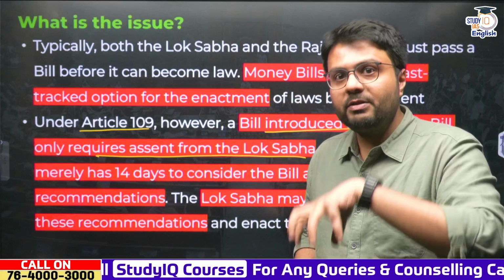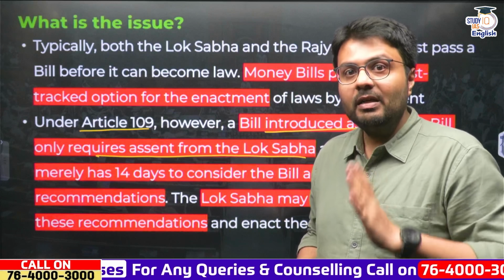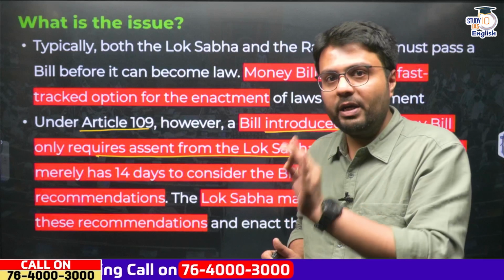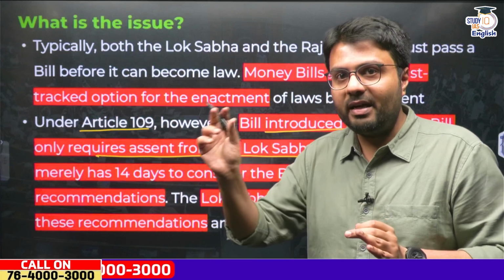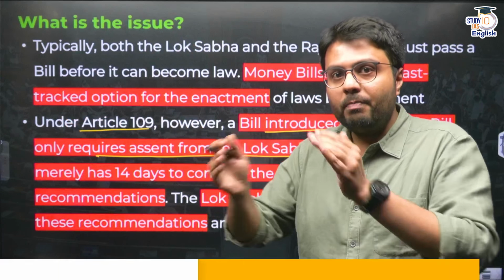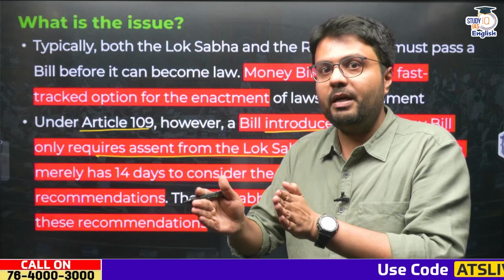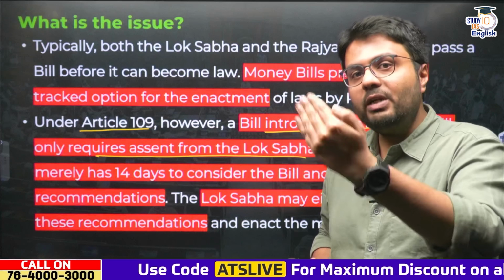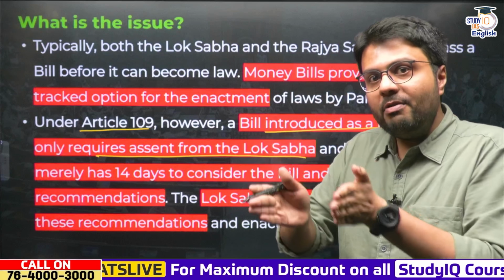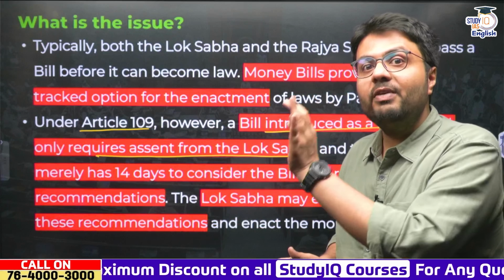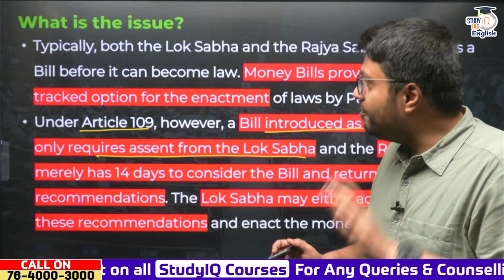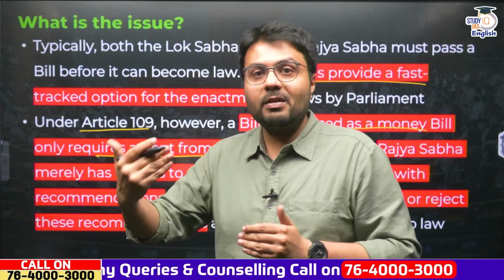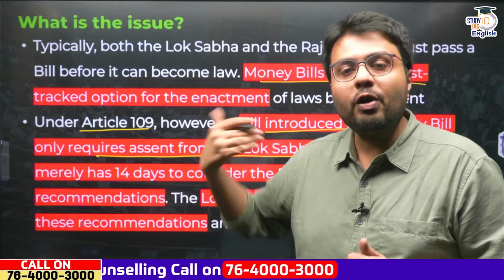So when a bill is presented to Rajya Sabha for their assent as far as money bill is concerned, what Rajya Sabha can do is that it can take a maximum of 14 days, and it can suggest to Lok Sabha that there are certain changes that you can make. But whether those changes have to be accepted or rejected becomes the sole prerogative of Lok Sabha. So even without any recommendation, if the bill remains in Rajya Sabha, it is deemed to have been given assent by Rajya Sabha, and that is why the government has used this option to fast track enactment of bills, because here the Rajya Sabha can't delay passage of a money bill beyond 14 days.